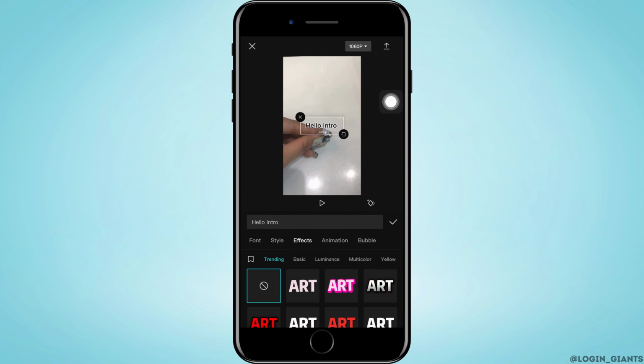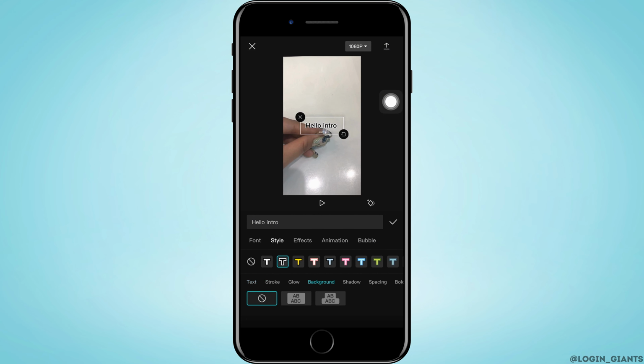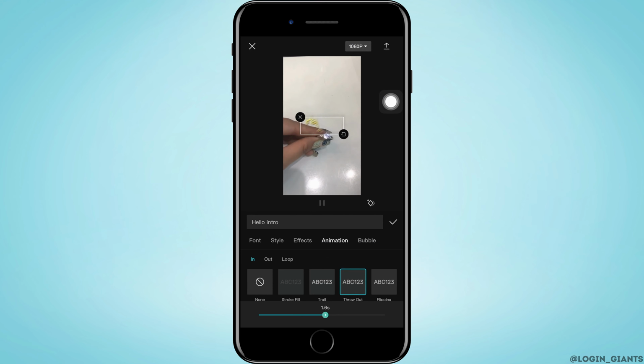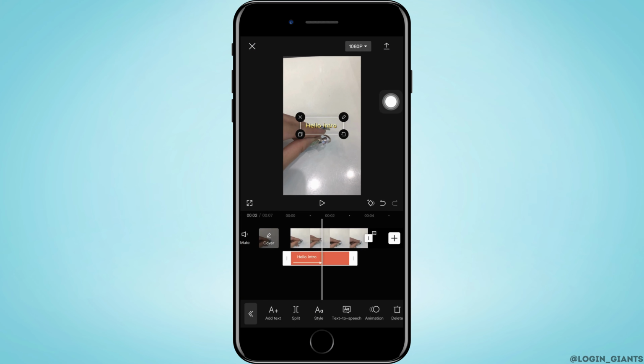Now, you can choose the style of the text. You can also put some effect. The main thing here is animation. While selecting animation, you can choose any of these, but you have to make sure that it is attractive and beautiful. After you do that, you want to tap on tick mark